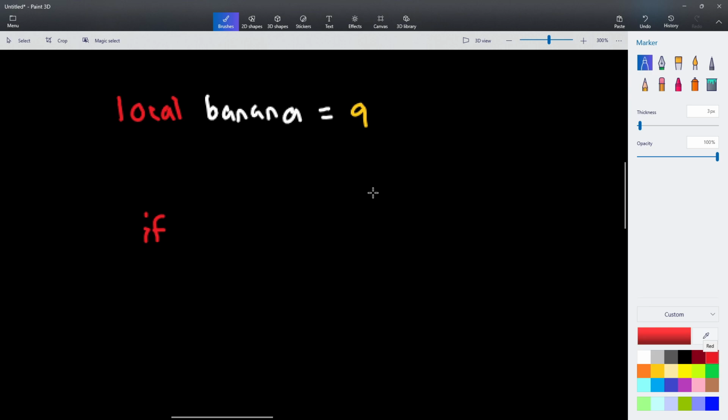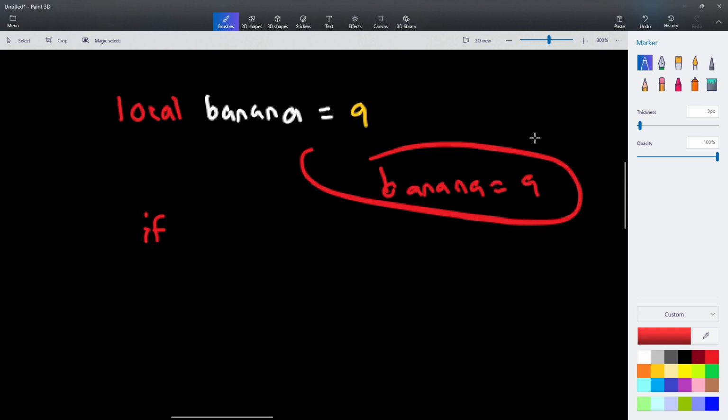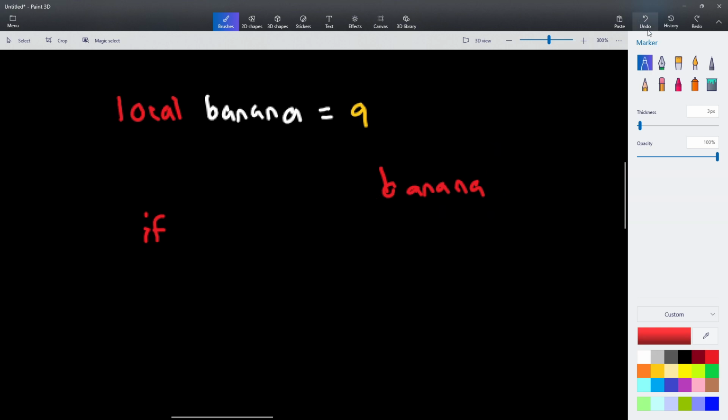So for example, if banana were to equal 9, then do something. So to do that in a script, you literally type in if banana,